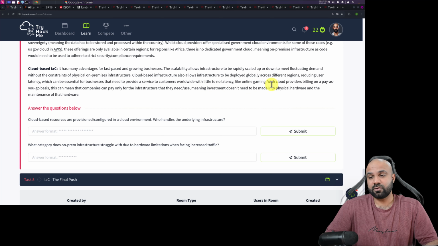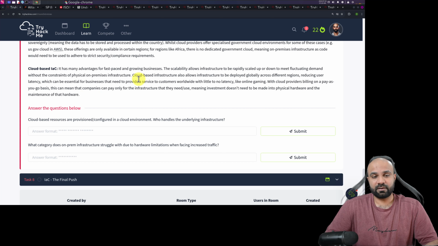And this is very true. With cloud providers billing on a pay-as-you-go basis, companies can pay only for the infrastructure that they need or use, meaning investment does not need to be made into physical hardware and the maintenance of that hardware. That is very true.